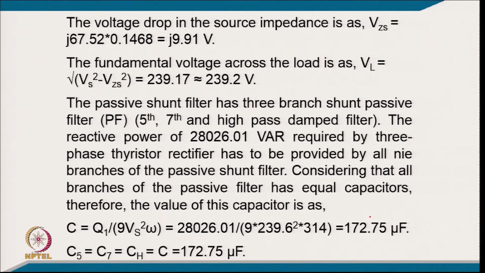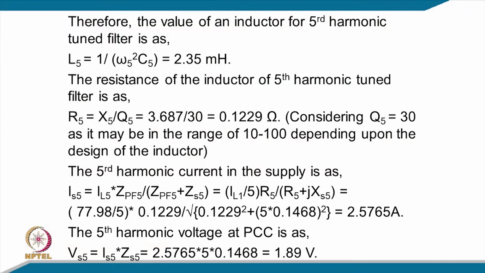C equal to Q1 upon 9 Vsc square into omega. Keeping all the values, it comes 172.75 microfarad, which is equal for all 3, meaning C5, C7 and Ch equal to C equal to 172.75 microfarad. Now, coming to the calculation of the other elements of the passive filter, that is the value of the inductor for the fifth harmonic tuned filter, L5 equal to 1 upon omega 5 square C5. That comes 2.35 milli Henry, and the filter resistance of the fifth harmonic